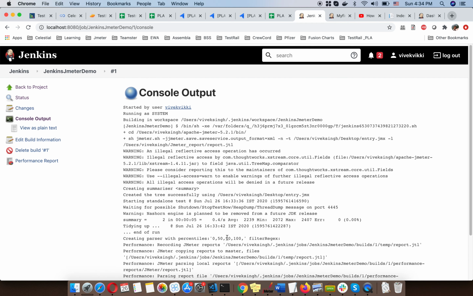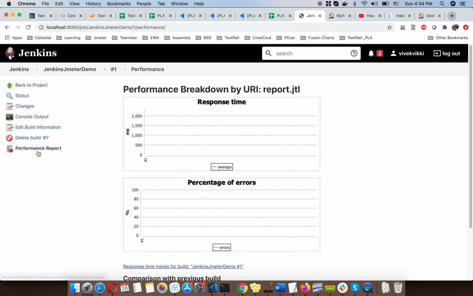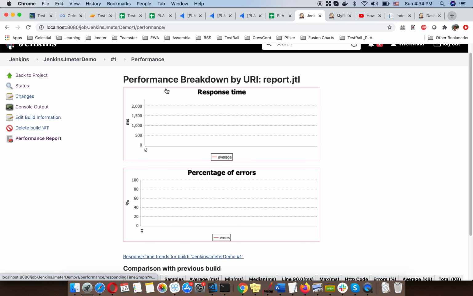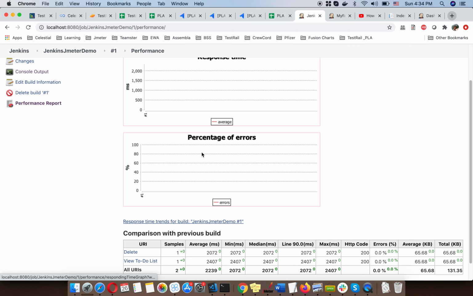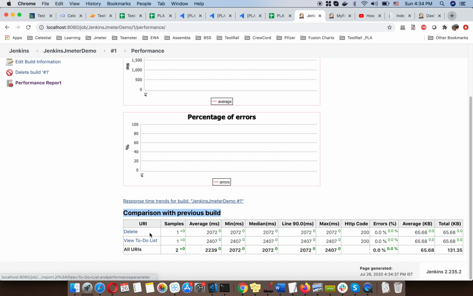Now if you want to see your performance test report, just go to the Performance Report option. Here you can see the chart which is created. These are the requests it has executed: one is delete, one is view to-do list.